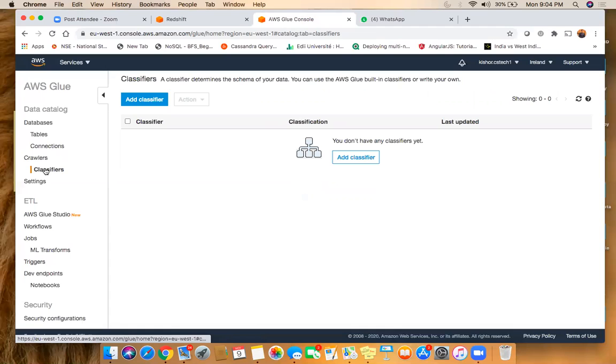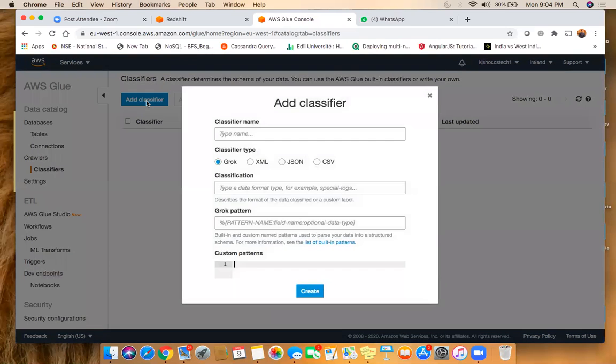What's the is that file is having header or not? So those kind of information is provided here as classifiers. So let's create a classifier quickly. The classifier name is, so create transaction